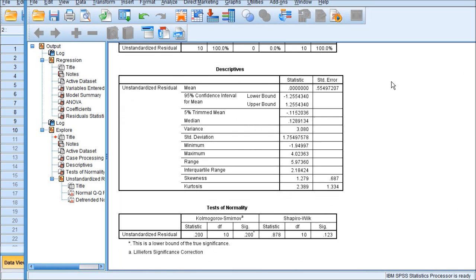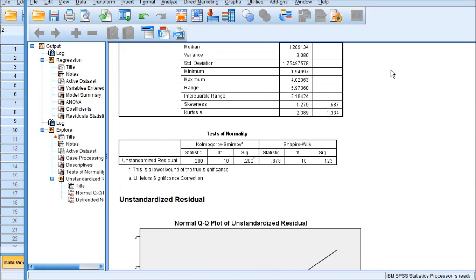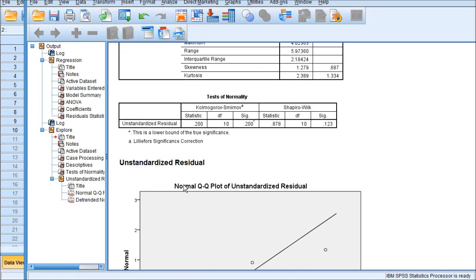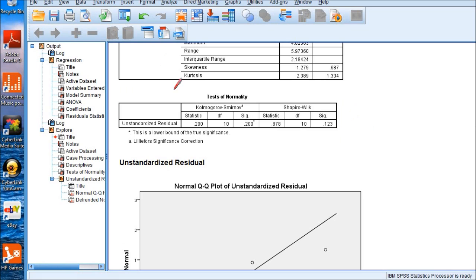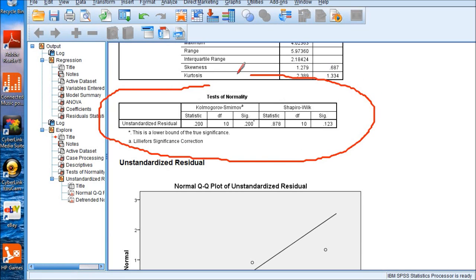Scroll down a little bit, and you see this Tests of Normality table here. Do you see the KS test and SW test here? Yes.